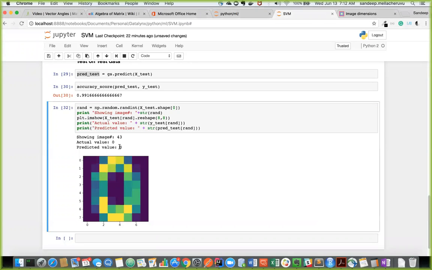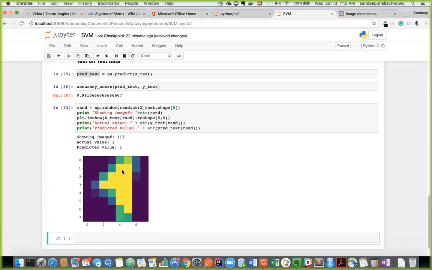So actual value is 0, predicted value is 0 and the image is like this. Yeah, it looks like 0, so prediction is also correct. This one is a little difficult to predict, but approximately it is looking like this. So approximately I can say it is 1, and that's the actual value as well. So my prediction and